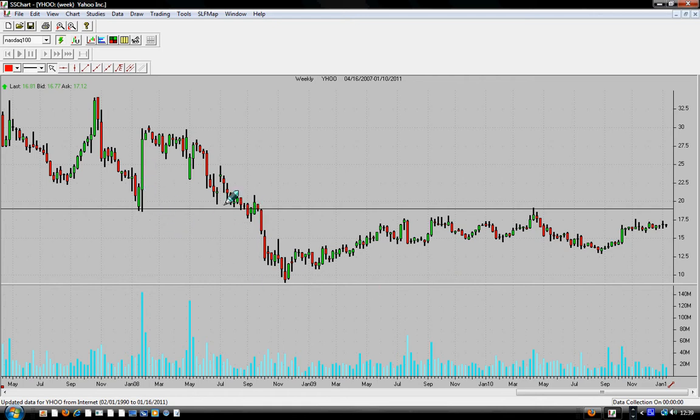Suppose you were here, where I'm moving my cursor. It's a Friday, 30 minutes before the market is about to close. The price was going down like this, and you came here on this time frame. This is the daily chart, by the way, of Yahoo. The price on Friday was here, so you look and say, this is a double bottom pattern about to form now.